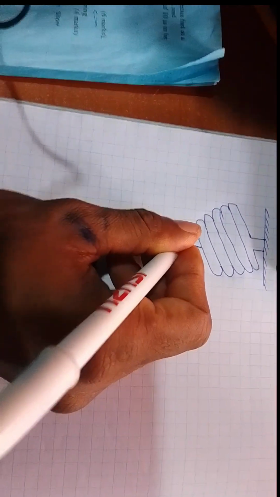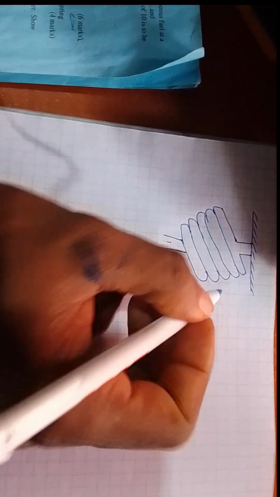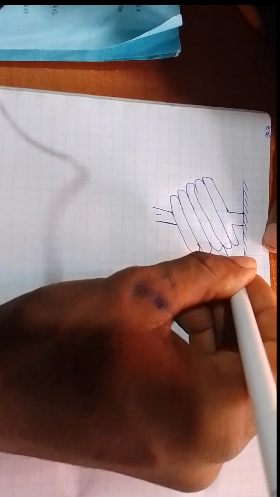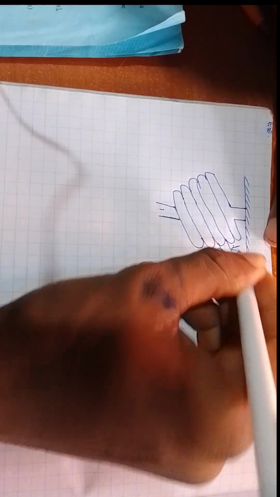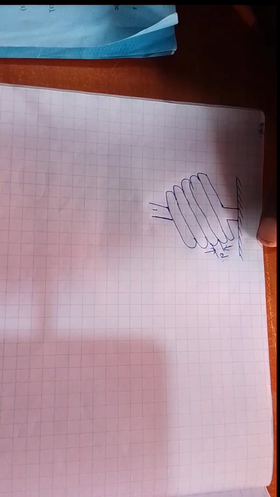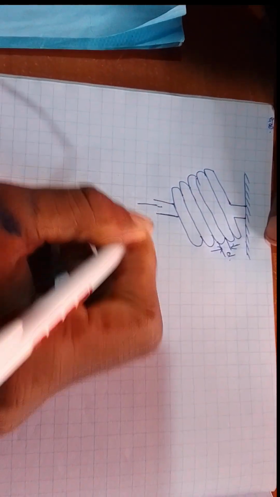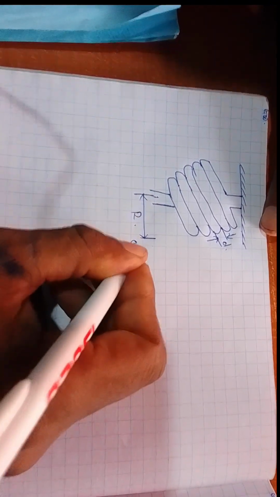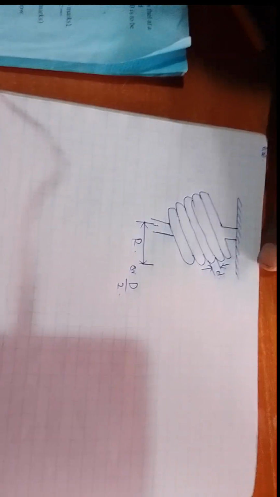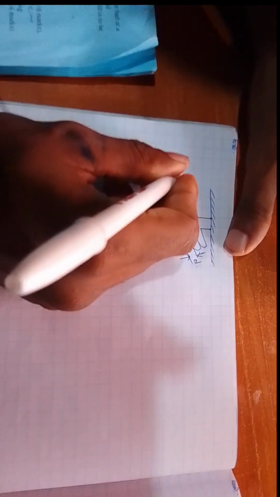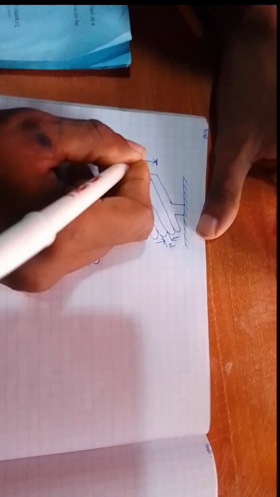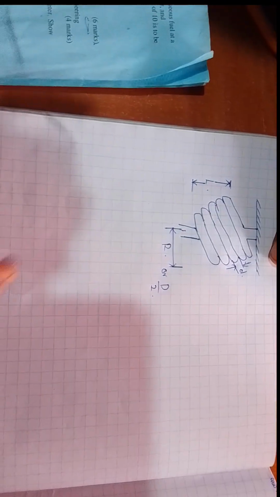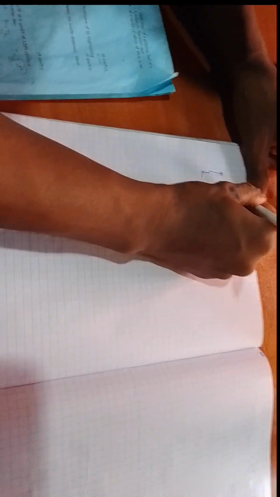So this is now the closed coil. There is no gap in between them. This distance from here to here, this is the diameter. That is the wire diameter. Then from this point to this other point, we have the radius of the coil, or D over 2, diameter divided by 2. Then from here to here, that's where we have the length of the entire coil. And then we have the load being applied in this part. This is W, axial load. That is now closed coil